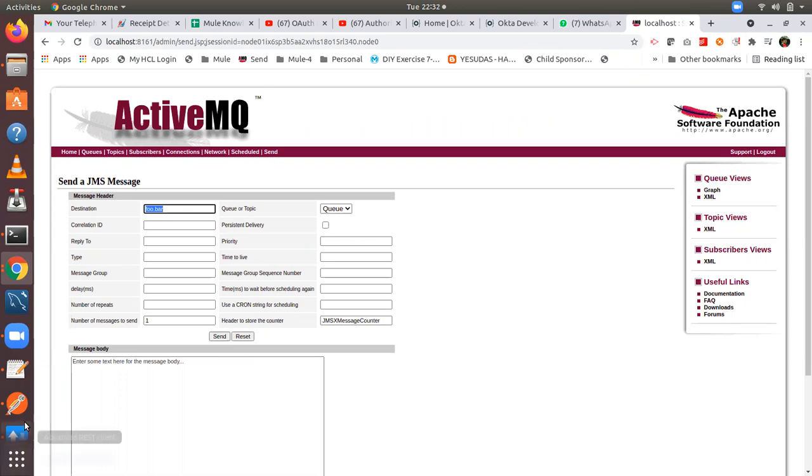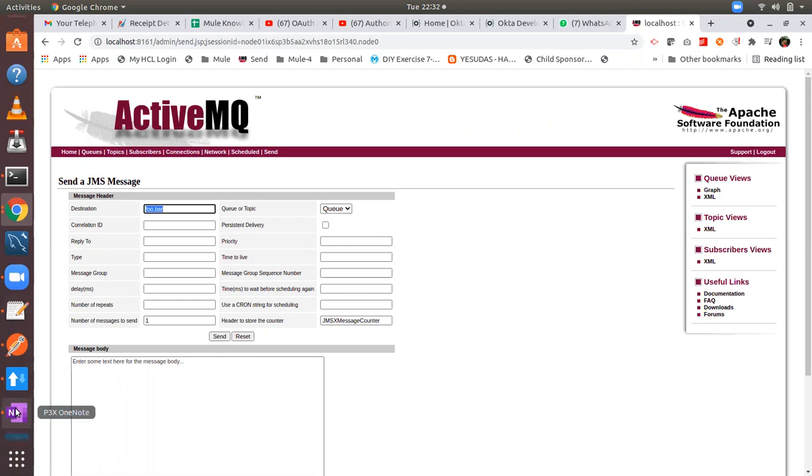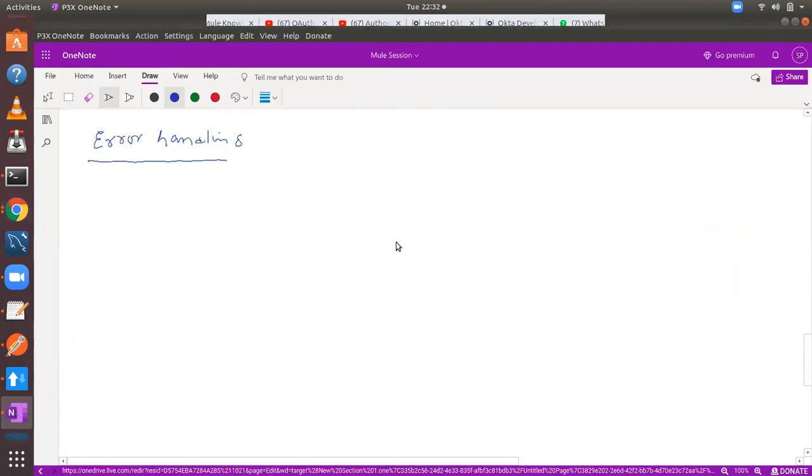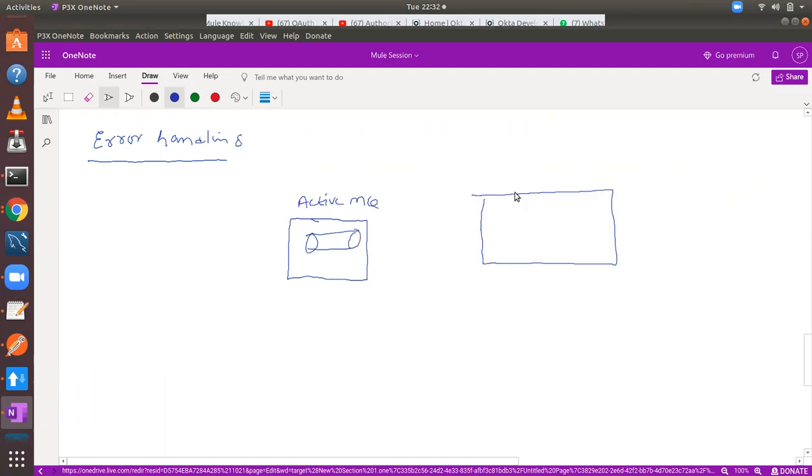For example, in ActiveMQ you created a queue, and in your Mule flow you configured a JMS listener listening on this queue.